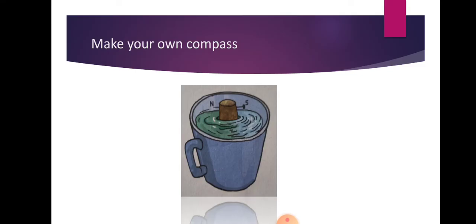In a similar way, we can make our own compass at home. Now what you have to do is magnetize an iron needle. The step of magnetization we have already done. First of all you will need a magnet, and with the help of that magnet you will magnetize a needle. That means now the needle is converted into a magnet. Then you will insert the magnetized needle in a piece of cork which is floating in the water. Now that needle should not float in the water. Now what will happen? Your compass is ready.